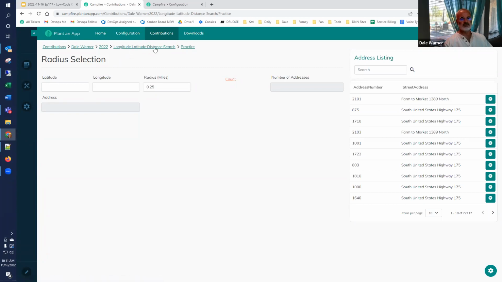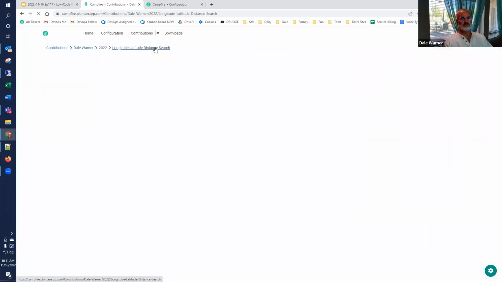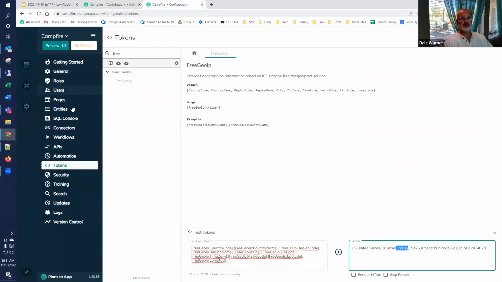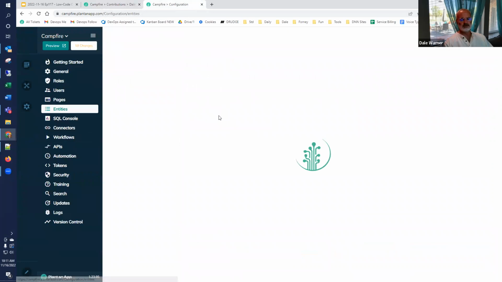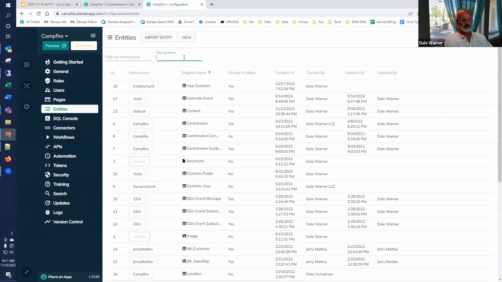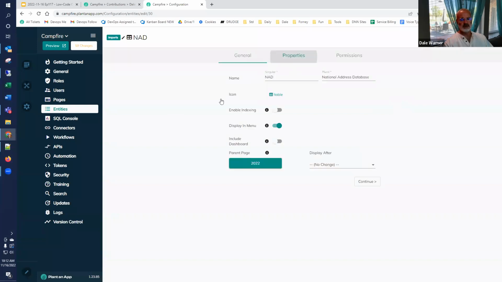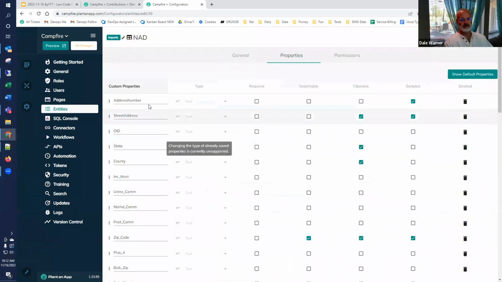Whoops, this is not where I want to be. We'll do here. And then within entities, we have the national address database. So that's an entity on campfire.plantonapp.com. If we look at the definition of it, we can see that it has things like the address number,